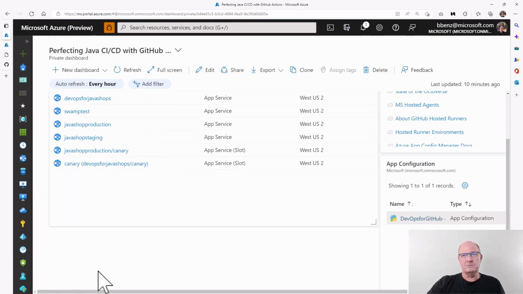We're going to start in the Azure portal. The Azure portal is your starting point for everything. It's portal.azure.com, and if you don't have an Azure account, you can get a free trial at portal.azure.com as well. What we're going to do here is create a new web app. This is the application I showed you running on a web app. We're going to deploy that out to Azure, and we're going to use GitHub Actions to do the deployment.